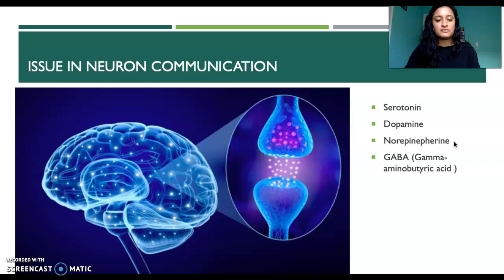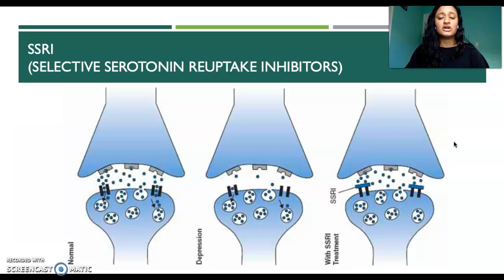So for the medicine for depression, they've thought SSRIs are the most effective. And this specifically helps serotonin. Now, of course, it's not only serotonin that's the problem, but that's why they recommend that you not only take this medicine, but you also work on other cognitive and behavioral therapy as well. So the SSRIs treat depression by increasing levels of serotonin. And of course, we know that serotonin is one of the chemical messengers that carries signals between the brain cells.